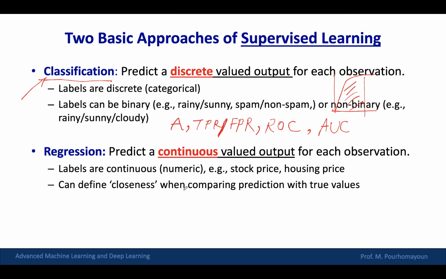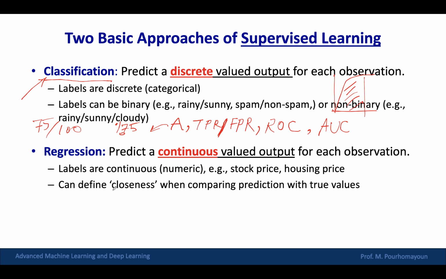And for regression, we don't have such a thing, because we don't predict classes. Accuracy is the number of samples you correctly classified versus the total number of samples. So if accuracy is, for example, 75%, it means that you correctly classified 75% of your samples. So out of 100 samples, you correctly classified 75 of them. This is what accuracy means. But we don't have such a thing for regression.